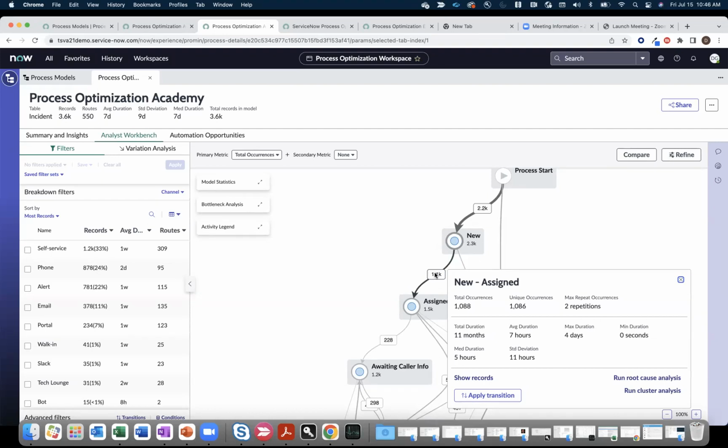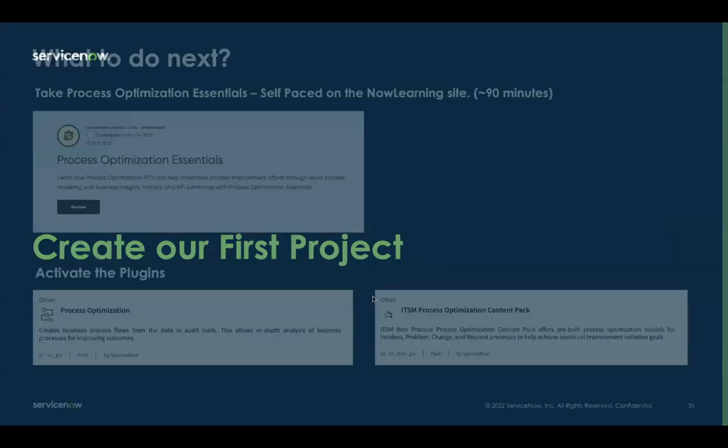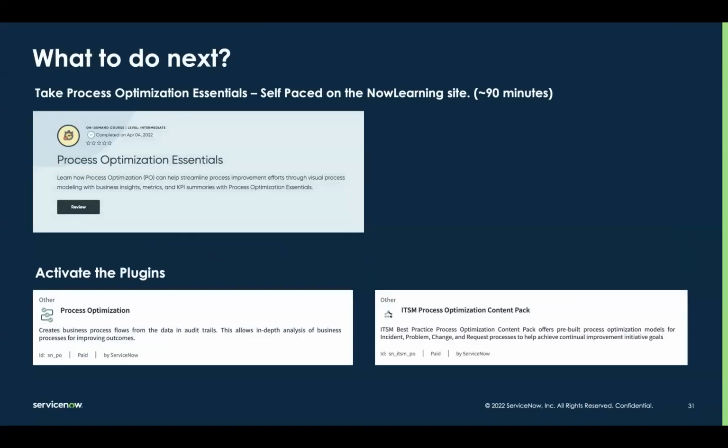It's that straightforward, which is kind of why I wanted to start here today, instead of diving into all the different analytical capabilities inside of the Analyst workbench, just showing you what it takes to get started, because you have the right to turn this on in your subprod instance and mine up to 4,000 records today, just as a trial or to try it out. So in terms of what do we do next now? First thing I'll say is, now that you know how to do it and how easy it is to set up and run mine,